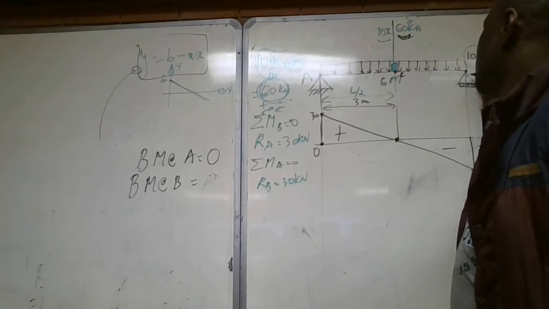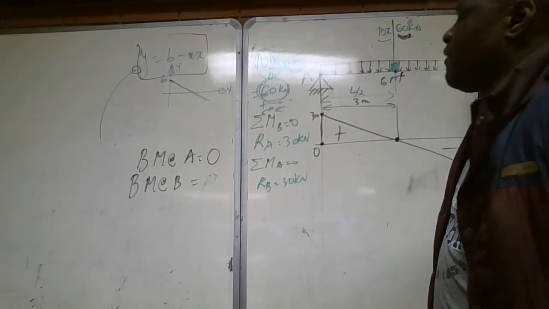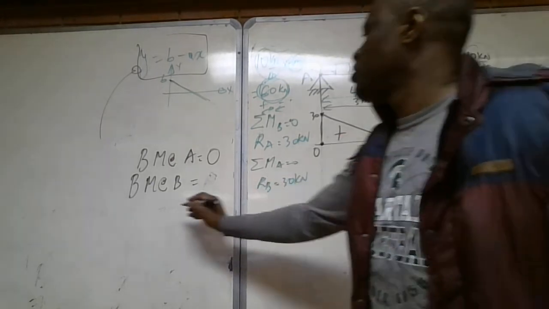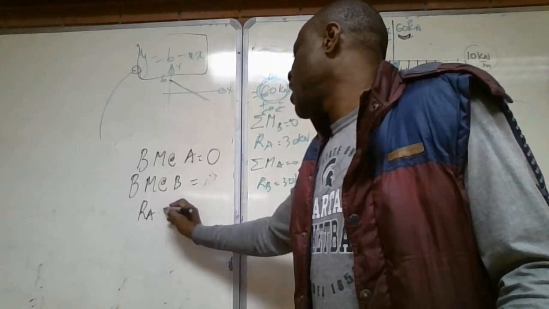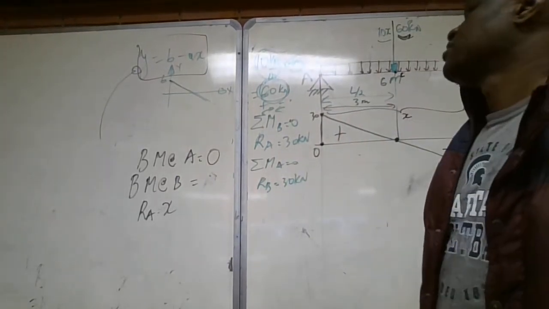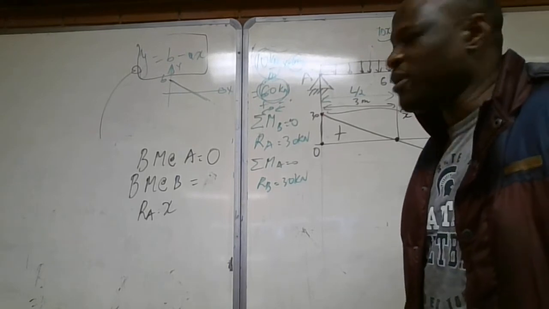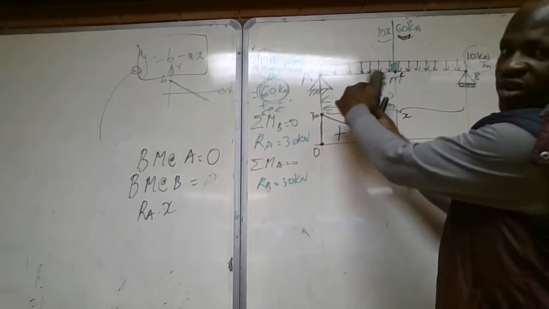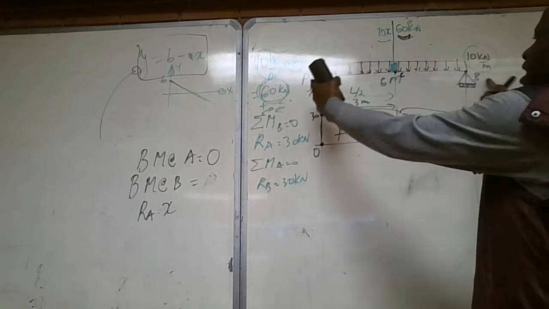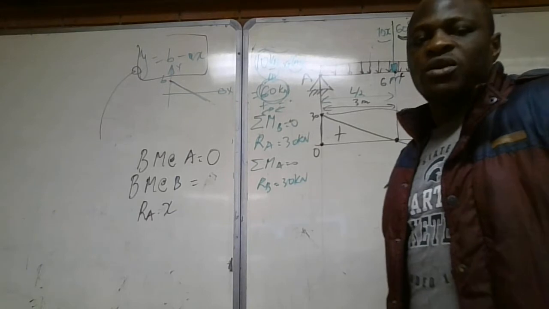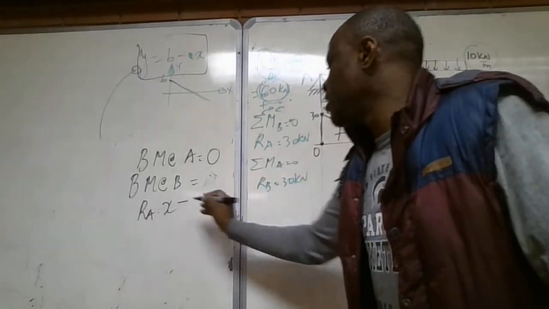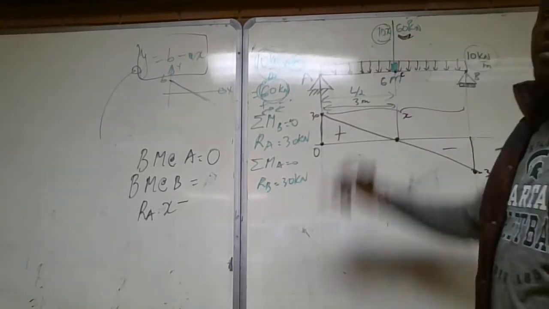If we take the bending moment at B, what is it going to be? At B is still on the UDL. It will be RA times X, which is the length, representing the moment arm, and RA creates a clockwise moment. The moment arm is the length, which we can call X, because we are still in the zone of the UDL if B is here, so before B.